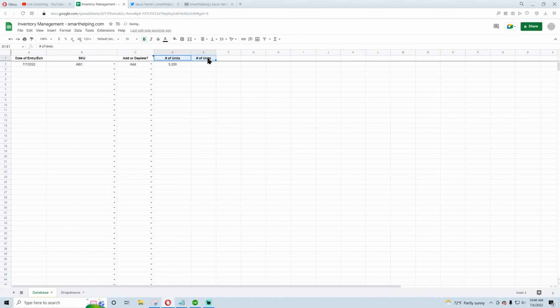You want to keep track of the value, or you might want to. So now we could do value per unit and then do an array formula that multiplies column D and E together all the way down. Or we could just say the total cost of inventory. Now, I've done another model